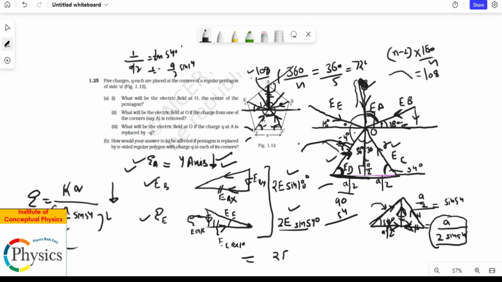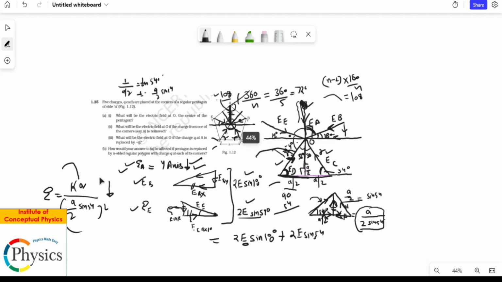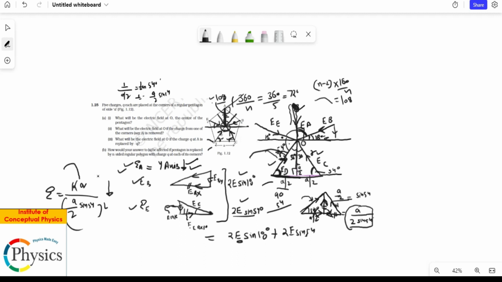So I will just add them like numbers, because they are finally just numbers in the same direction. So 2e sin 54, and of course I know e is again this, right? So you have two situations where you have upward and downward. You can see the value of sin 18 and sin 54 from the table, and you can do a resultant saying that the upward components are 2e sin 18 plus 2e sin 54, and then of course the downward part of it, which is e, only e, right?